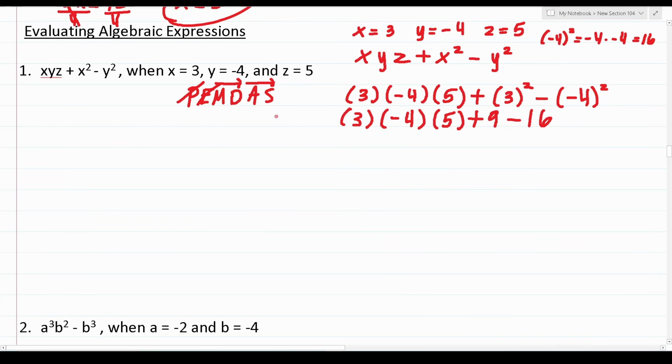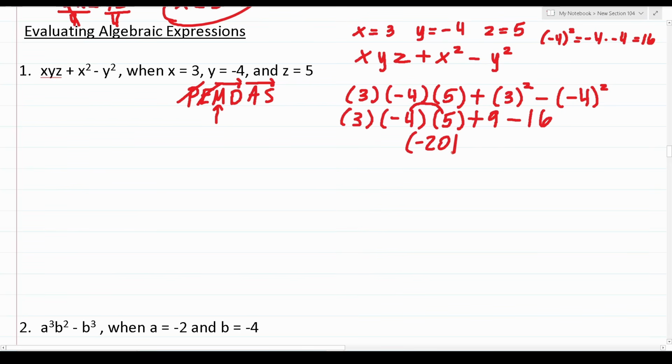Now let's move on to multiplication and division. Here we have multiplication. That is, we have 3 times -4 times 5. Then we have addition plus 9, and then subtraction minus 16. So clearly, we're going to take care of our multiplication before we even look at addition and subtraction. And we can do this all at once. As a matter of fact, this one's actually pretty easy to do mentally. We have -4 times 5. Again, a negative times a positive is going to be a negative. So that would be